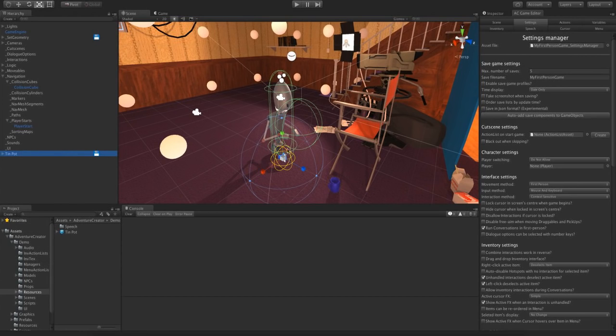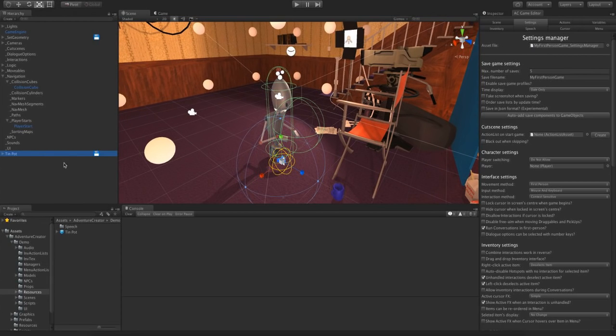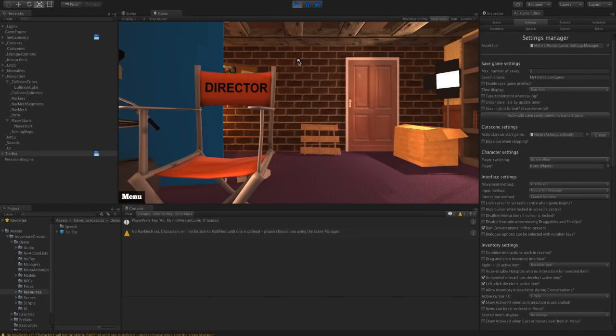But just to test with, we can have the player in the scene, in the actual scene file itself, and Adventure Creator will pick up on any player that is present in the scene when it runs. So if I run the game now, even though we have no player assigned in our character settings, we're using the Tin Pot player character.